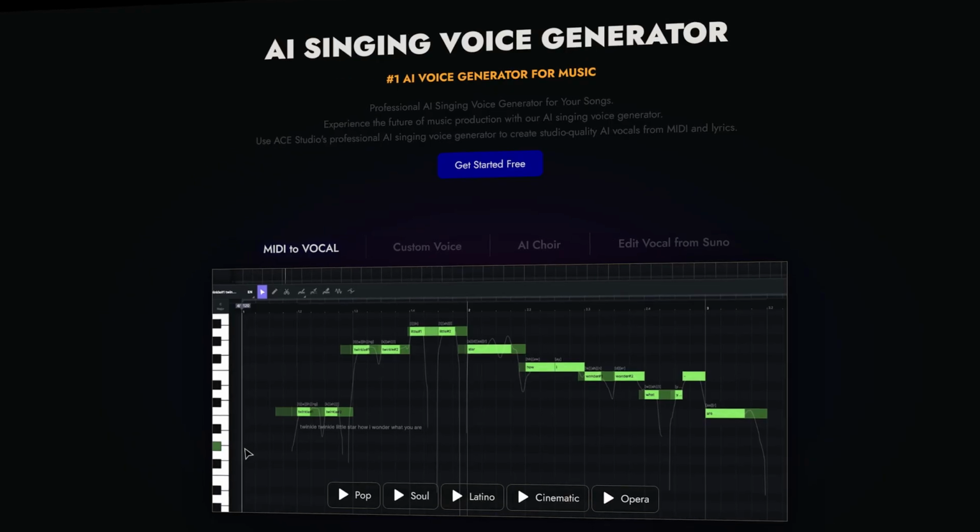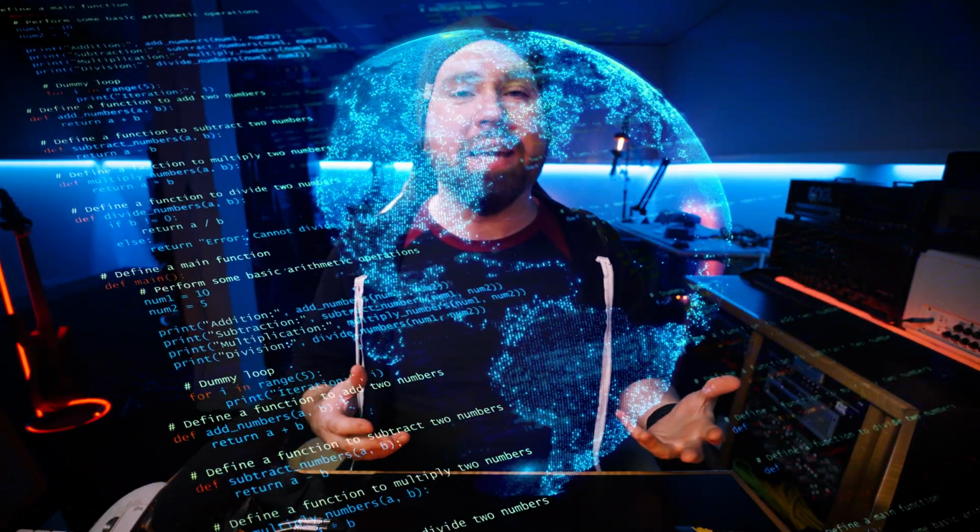To demonstrate this, as I don't have a choir on hand, we're going to be using the Ace Studios AI voice app that I made a video about a while back, because they have this really cool choir feature. That means the amount of processing power we're going to need to make this go fast enough is a lot, which is why